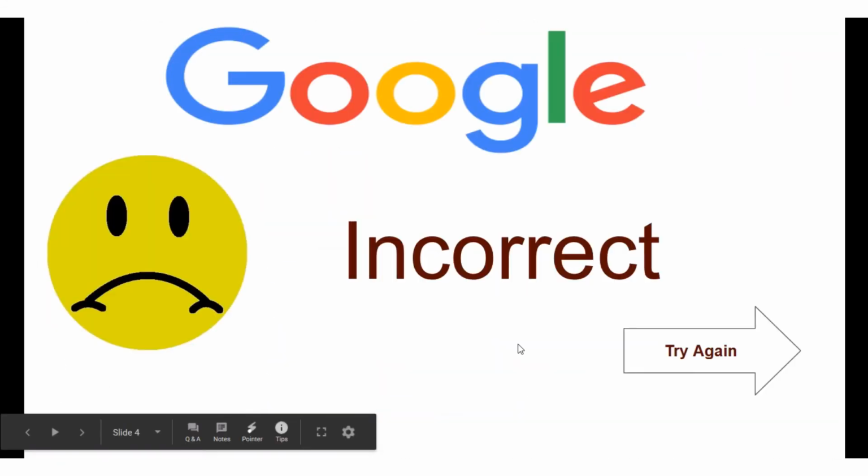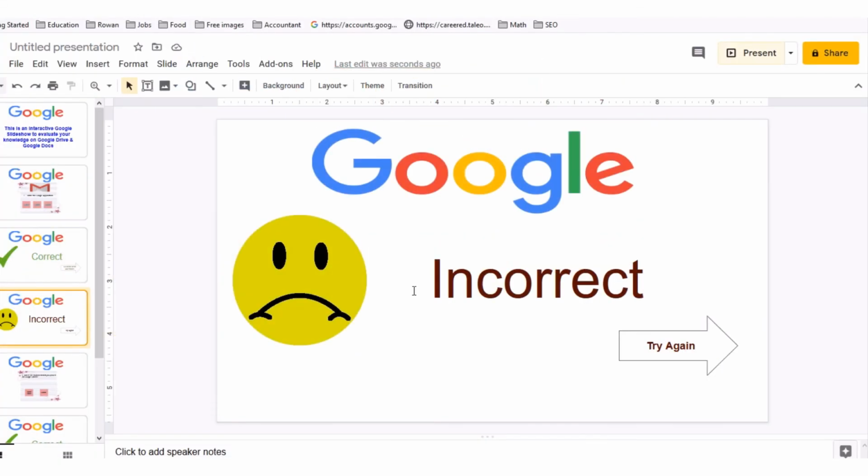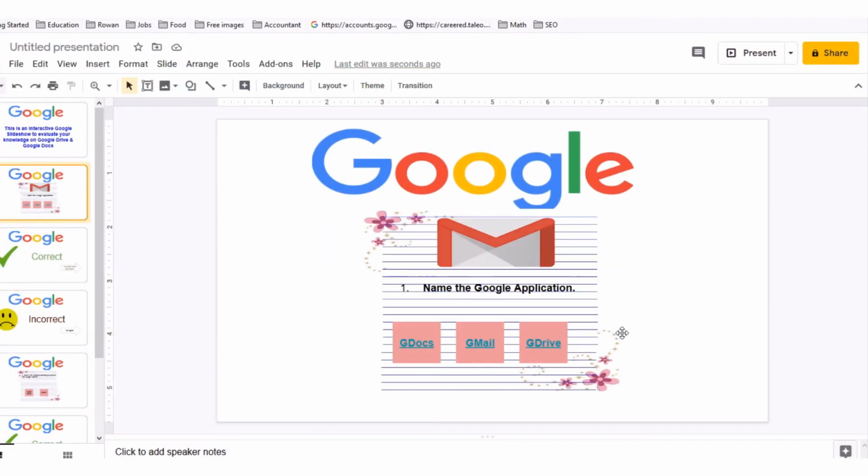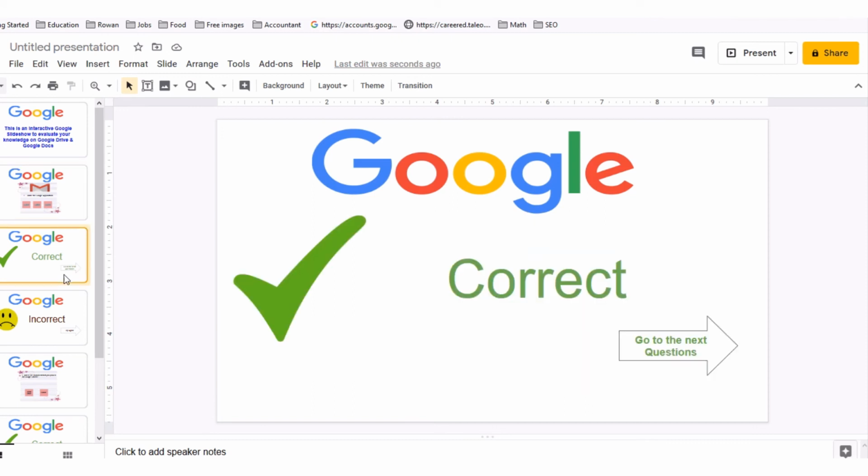And G Drive is incorrect. Okay, so we did connect the answers to the correct slides. I wanted to make sure of that. All right, now what we need to do is go to the correct answer,